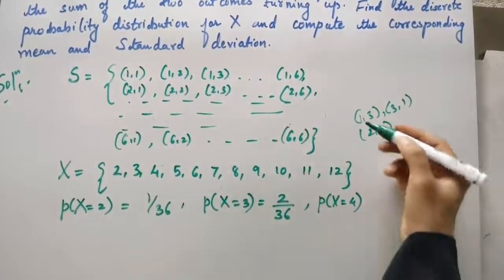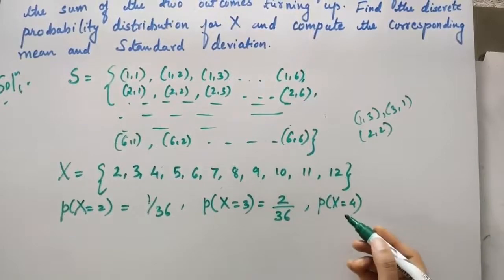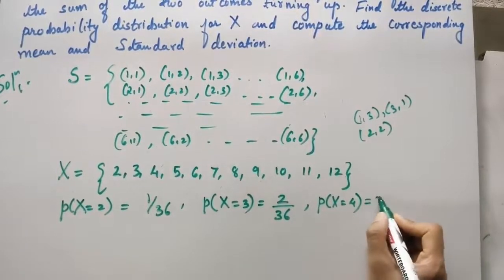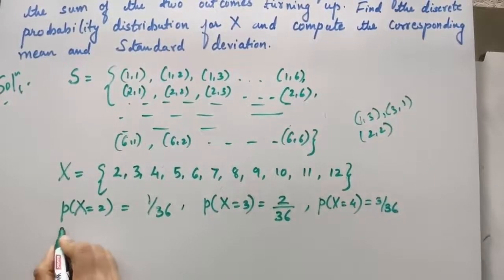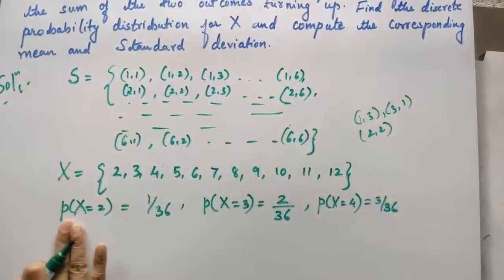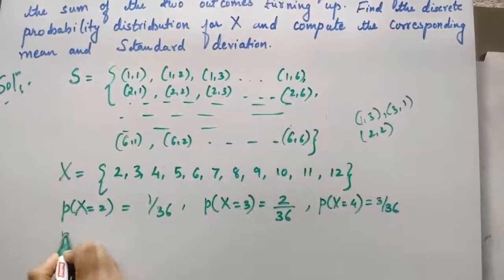Is it not? So there are totally 3 such possibilities which result in 4. So that will be 3 by 36. So we have to go on doing this until we end up with 12. Okay. Next, probability of